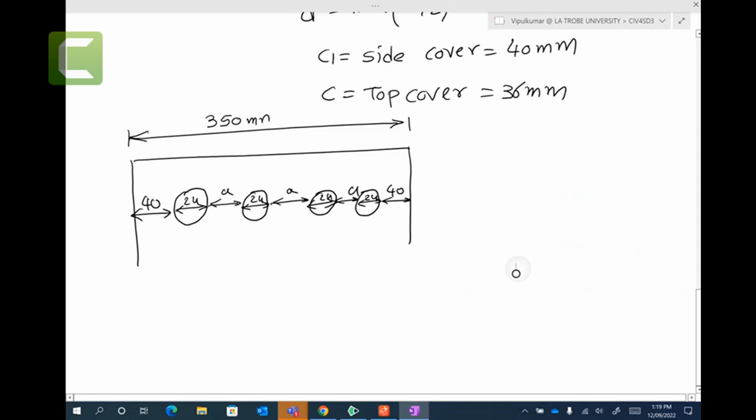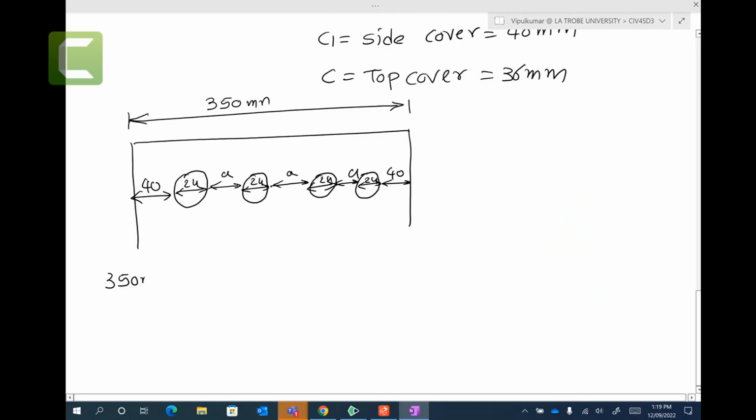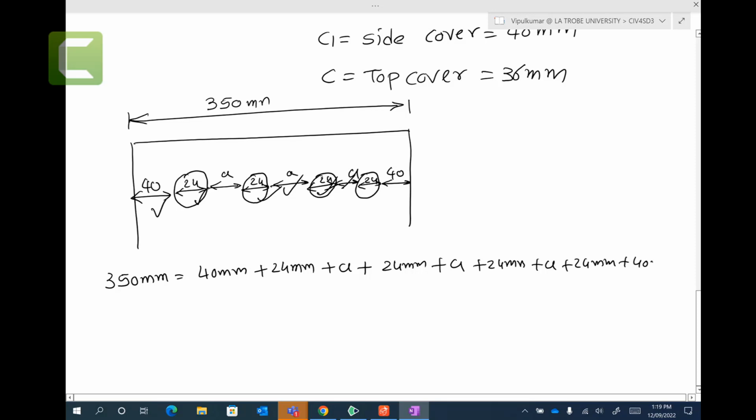That is given here, face to face distance A. Now, if I want to calculate A, 350 millimeters is equal to 40 millimeters, this first one, plus 24 millimeters, that second one, plus A, plus the second 24 millimeters, plus A, plus 24 millimeters, plus A, plus 24 millimeters, plus 40. I hope you got it. So if you simplify that, you will get 350 equal to 152 millimeters plus